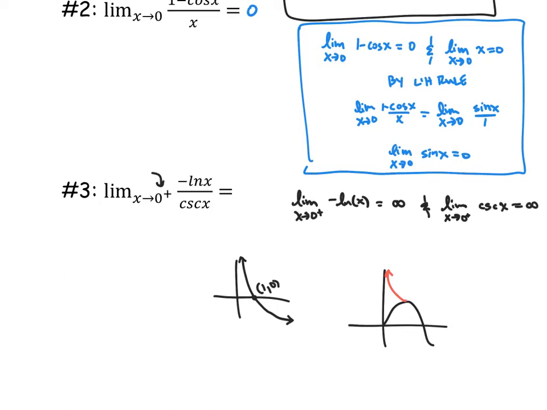So therefore I'd have the form infinity over infinity, which means that by L'Hopital's rule, the limit as x approaches 0 from the right of negative ln of x over cosecant of x would equal the limit as x approaches 0 from the right of the derivative of negative ln of x, which is negative 1 over x,